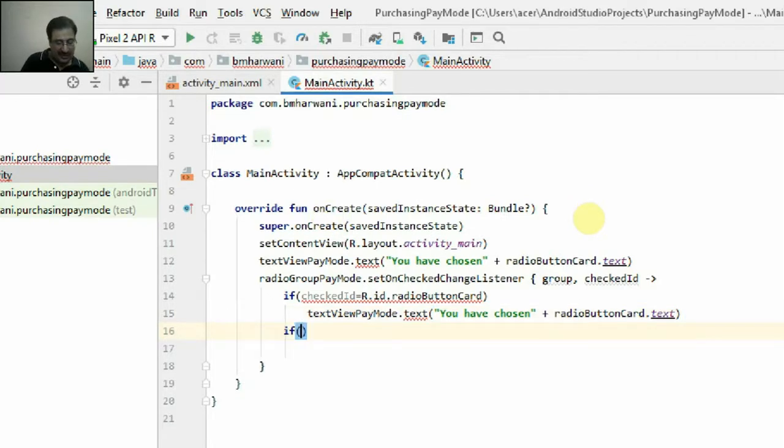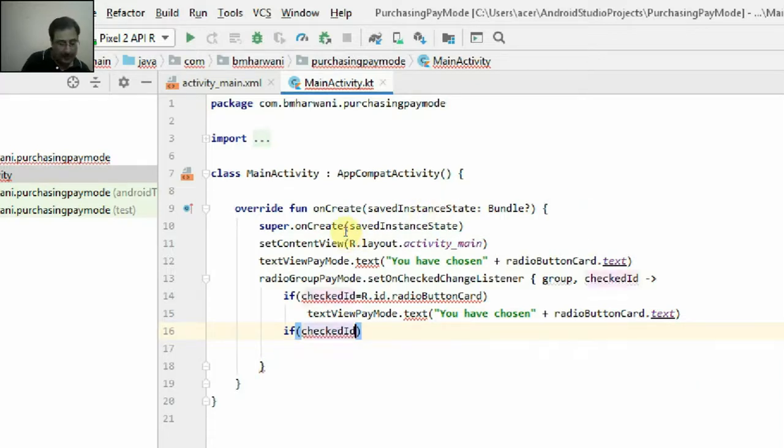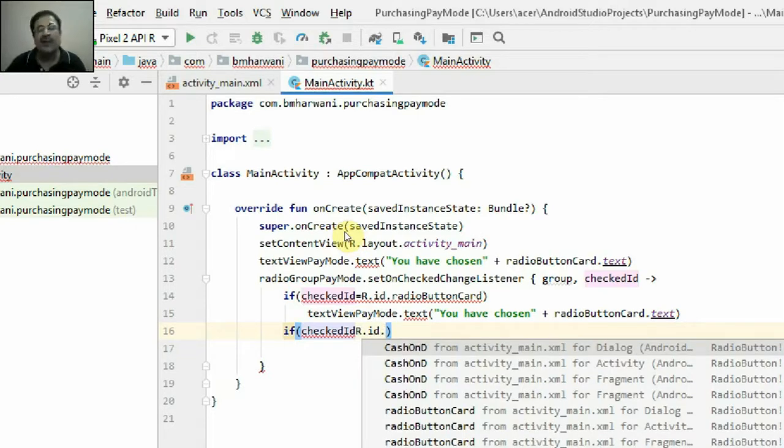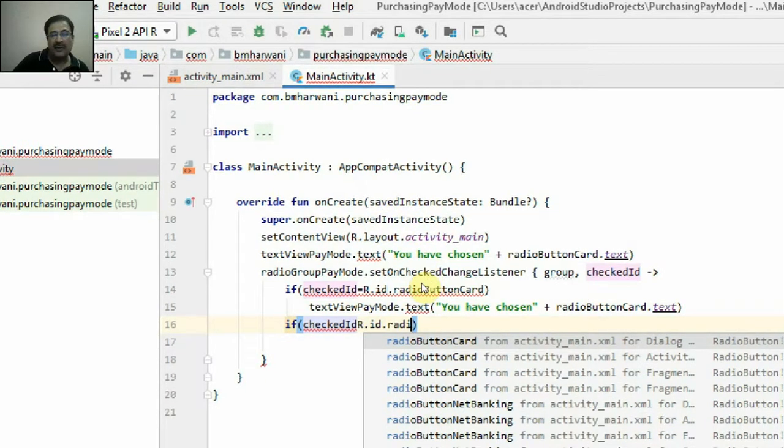Next, I'll check if the checkedId is R.id. Can you see that you don't have to define the variables for the layout components? You can directly access them in the code. What was the next? Radio button net banking.